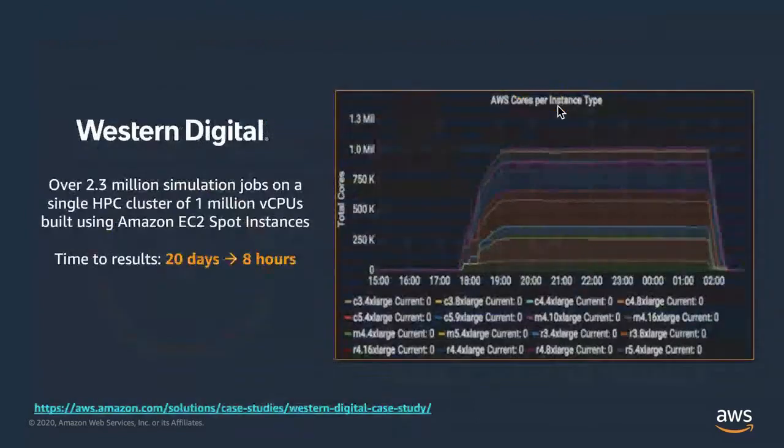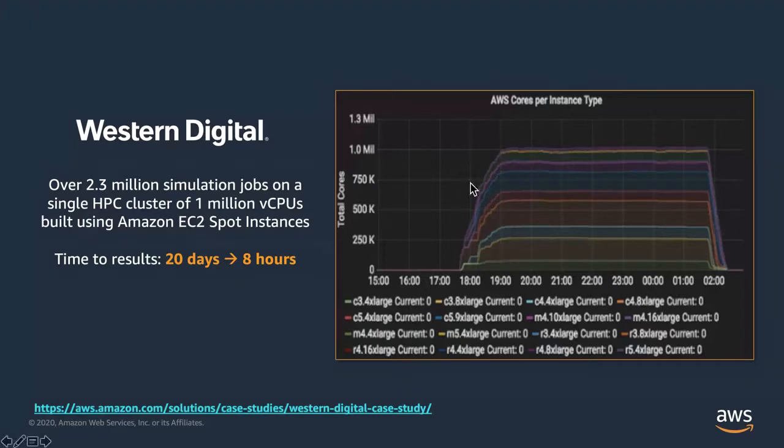So continuing on the last statement that I made, here is a case study that illustrates that. We have customers regularly spinning up 1 million vCPUs in a single cluster out of a single region. Western Digital is one of our successful customers that spun up a cloud-scale high-performance computing cluster on Spot. They ran over 2.3 million simulation jobs on a single HPC cluster of 1 million vCPUs built using EC2 Spot